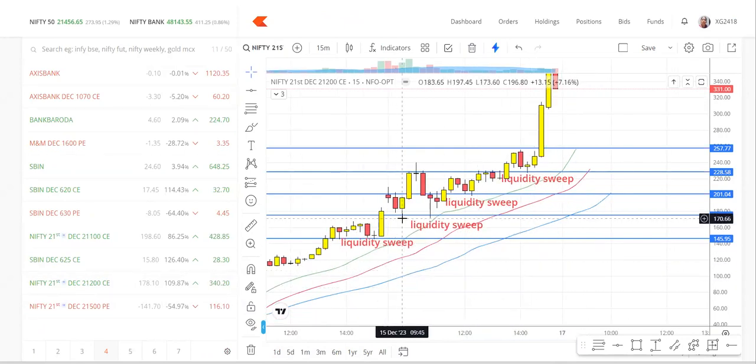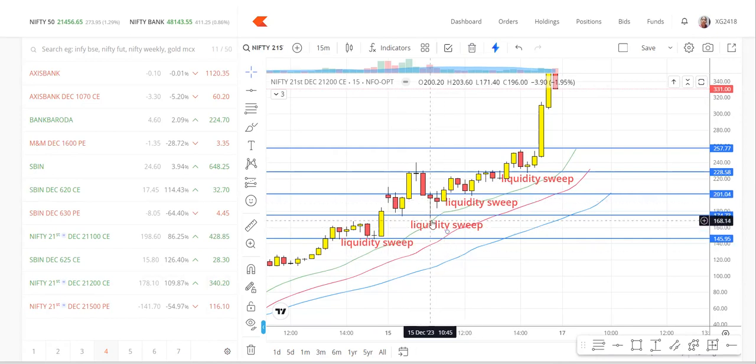See, this is the first 9:45 candle, and this option premium also swept the low of this candle. The first low of the candle, the first 3:15 candle's 9:45 low, was 173.6. And here you can see the same replica of the index chart price action. It is sweeping the low of